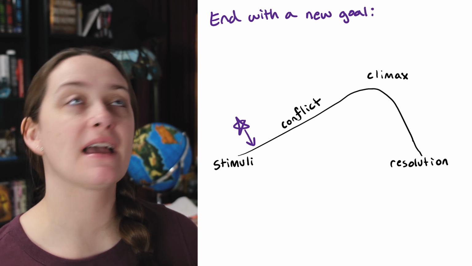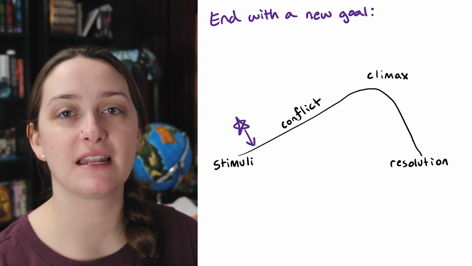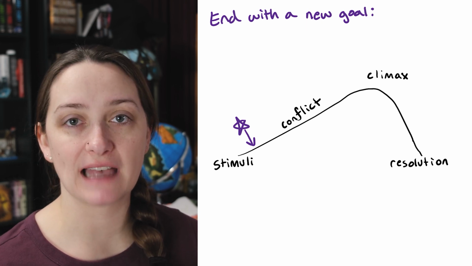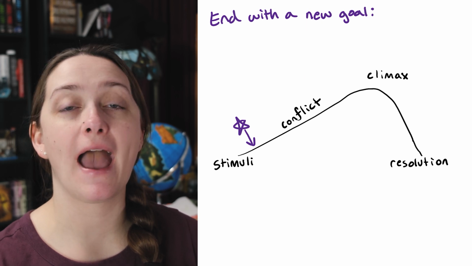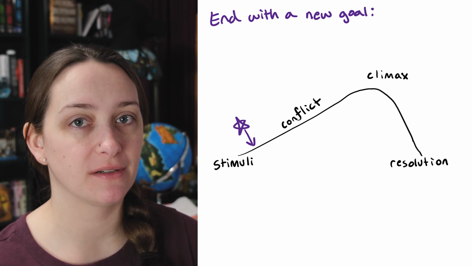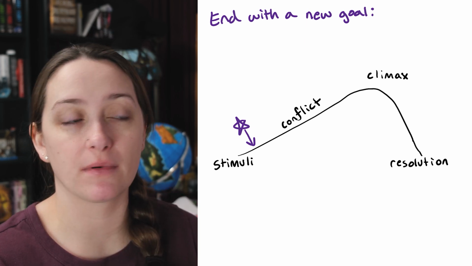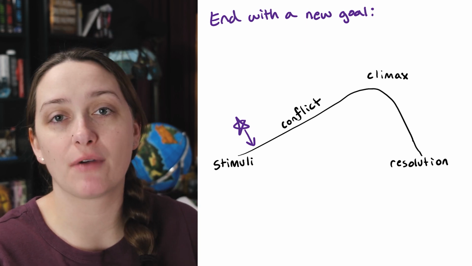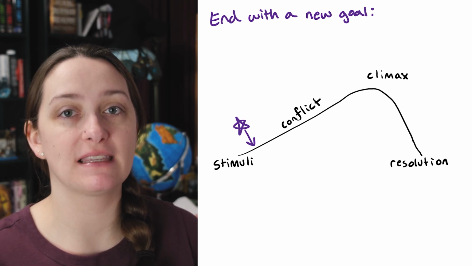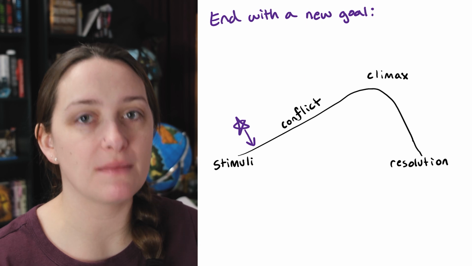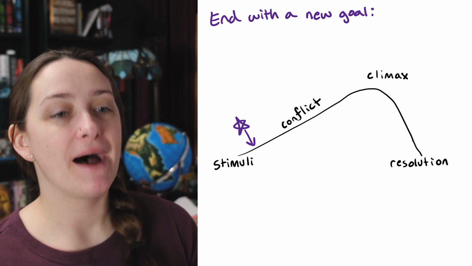So an example is, we've been having a random court scene or whatever, and then all of a sudden they find out the invaders are storming the castle. That's our external stimuli. And the character is like, okay, I have to escape. End chapter. And now the reader has that anticipation of, oh no, how are they going to solve this problem? Because you're smacking them right into the beginning of this tension building. And so they want to know, how can they escape? Will they escape? What's going to throw a wrench in it? Because it can't be that easy. Because it's a book, and that's how books work. That's how story works.